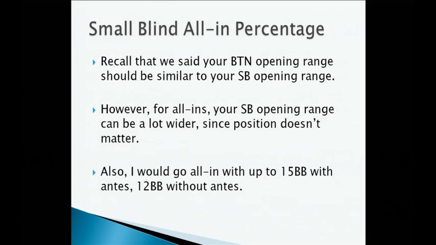And one thing I wanted to talk about too before we get to the first example is this from the small blind. So in the first class I said your button opening range is similar to your small blind opening range. And why was this? Even though from the small blind, when it's folded to you, you only have to get through one more player, whereas when it's folded to you on the button, you need to get through two more players. So it seems like you could play a lot more hands from the small blind. And another advantage of playing from the small blind is you've already put in half a blind, so the amount more you have to put in to play the pot is half a blind less.